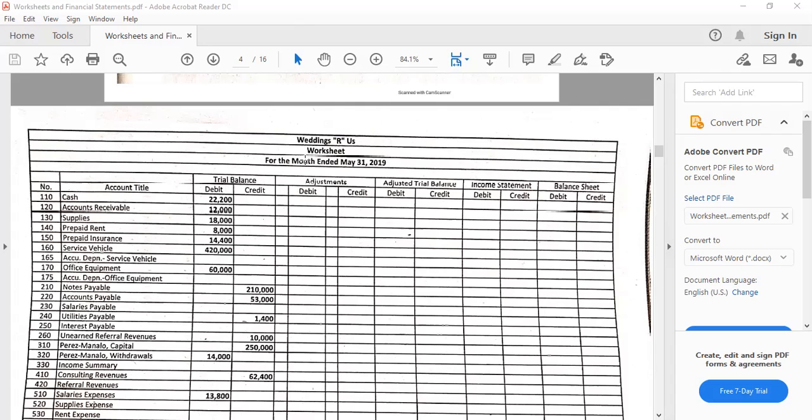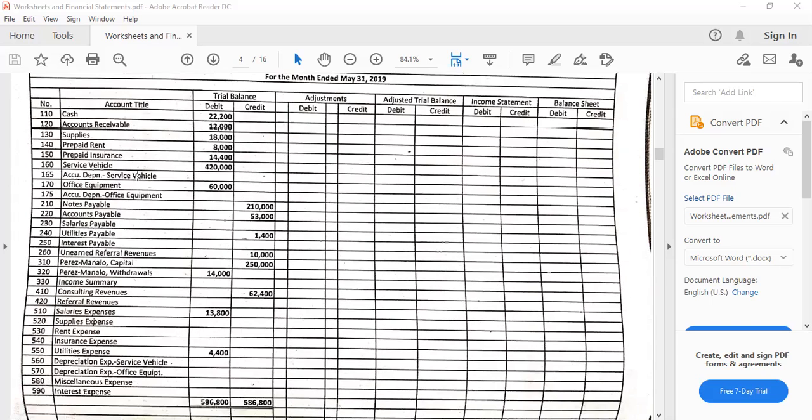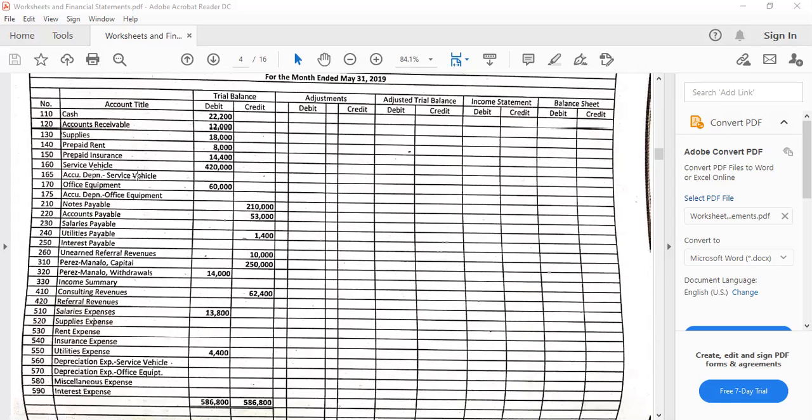So in other words, 5 times 2 equals 10 columns, hence a 10 column worksheet. And then we have here the account titles, as obtained from the unadjusted trial balance from step 3 of the accounting process. We can also notice these numbers. These are actually the digits coming from the chart of accounts.